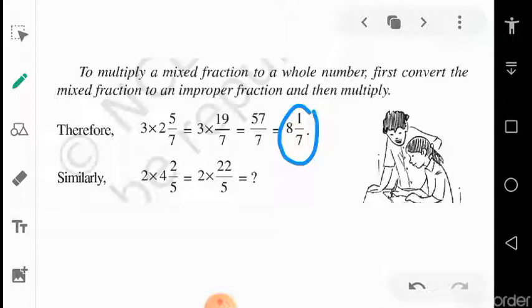Next one is 2 multiplied by 4 and 2/5. So first convert the mixed fraction into improper. 4 and 2/5, this one in the blue circle, is converted as this one, because 5 4s are 20 plus 2 becomes 22/5, and this 2 is multiplied by 22. Here 2 is a whole number and 22 is the numerator, so we will multiply this one. Now it becomes 44,